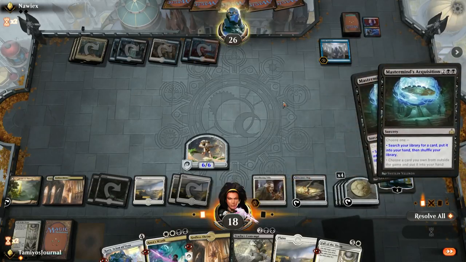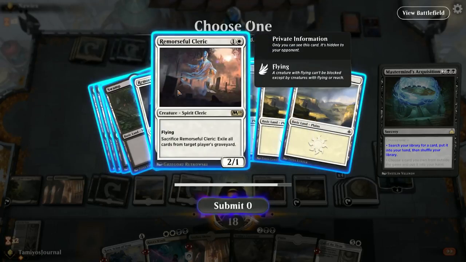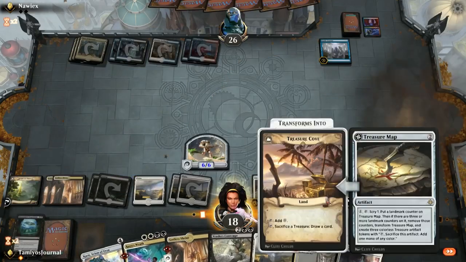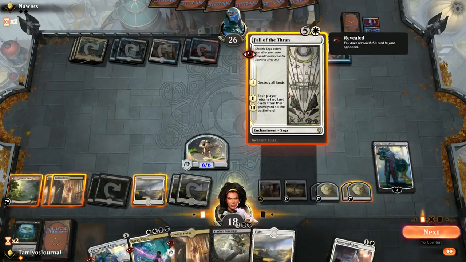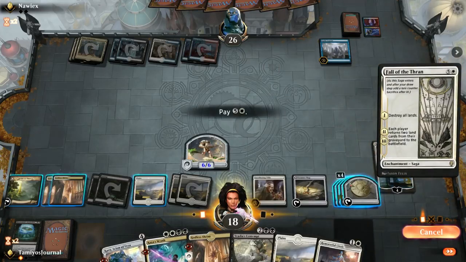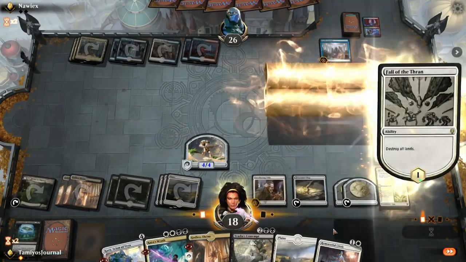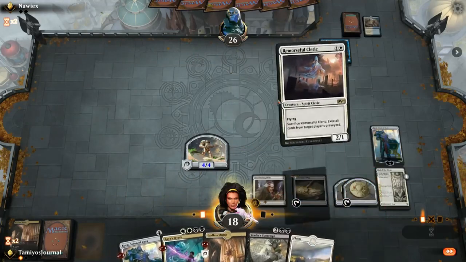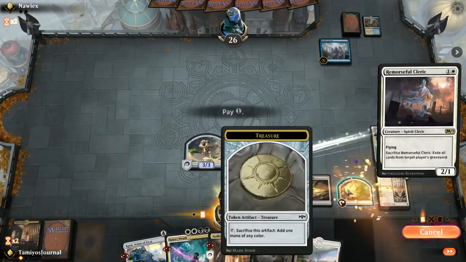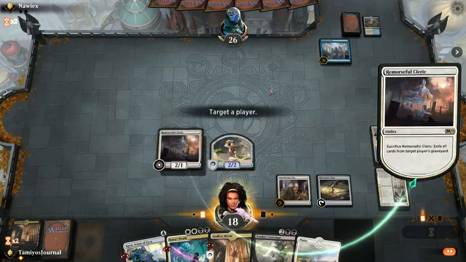So what's our opponent going to search for? They are tapped out now, which is kind of the plan. And we do have enough mana to do a Fall of Thran. So we're going to grab a Cleric. So we're going to Fall of Thran first. Destroy all the lands. Play the Cleric, exile all their lands. And yep, that has worked out absolutely perfectly. So play a Cleric, sac a Cleric,